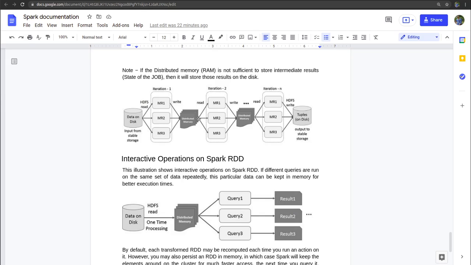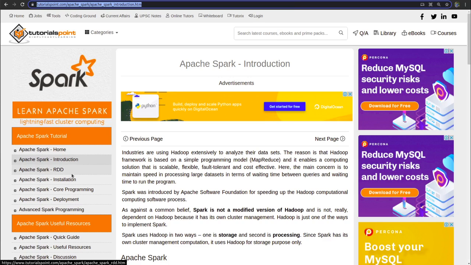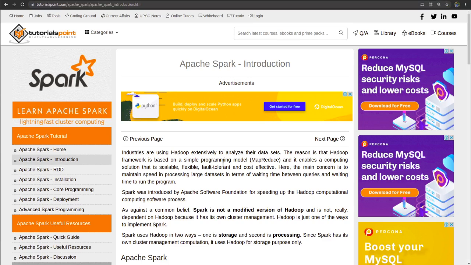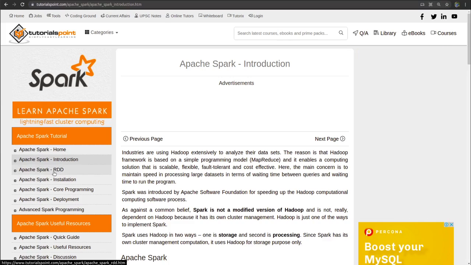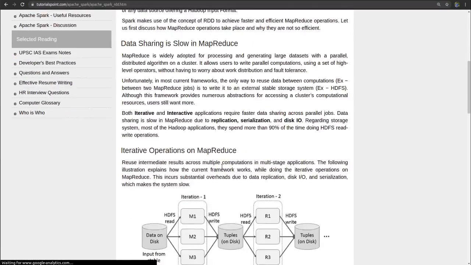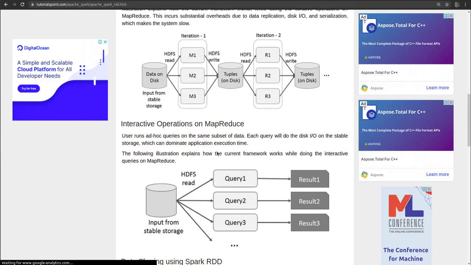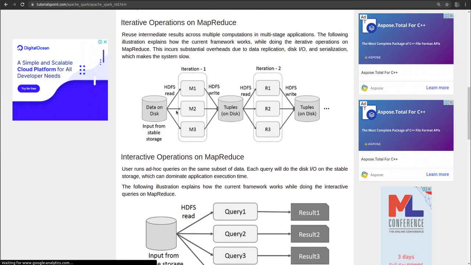As you can see here, we are not going back to the hard disk again and again. In MapReduce we are always storing it into disk, so it takes more time in reading and writing.